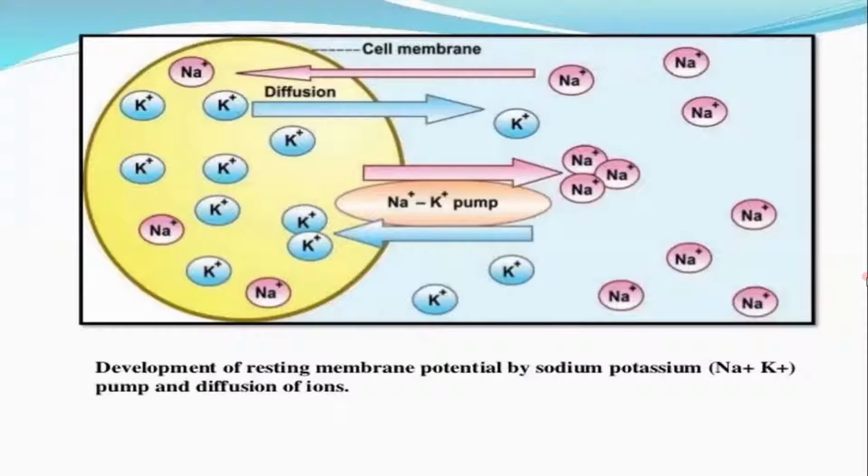Now, lastly, we had discussed the resting membrane potential. So, if you place an electrode inside a cell and one outside the cell, at rest, the potential difference that you record across the cell is the resting membrane potential. This resting membrane potential can vary from one cell to another.